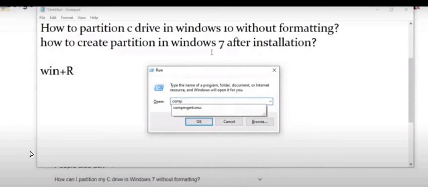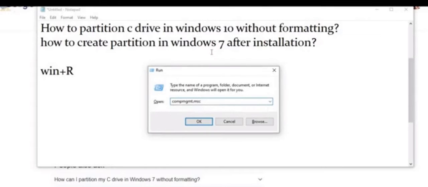In the Run box you need to type this command: compmgmt.msc. That is C as in Charlie, O as in Oscar, M as in Mike, P as in Peter, M as in Mike again, G as in Gary, M as in Mike again, T as in Titanic, dot, M as in Mike, S as in Sierra, and then C as in Charlie.